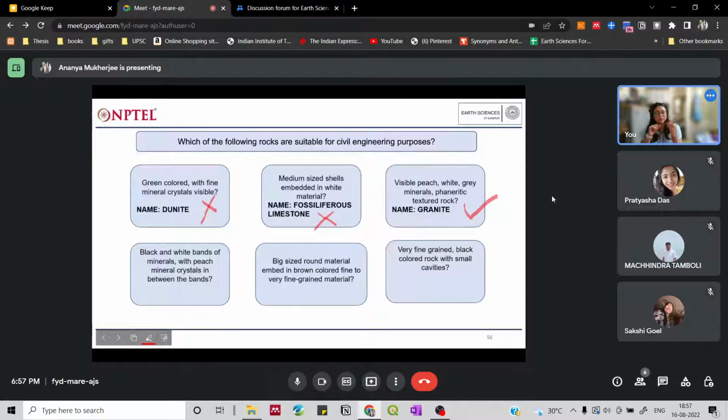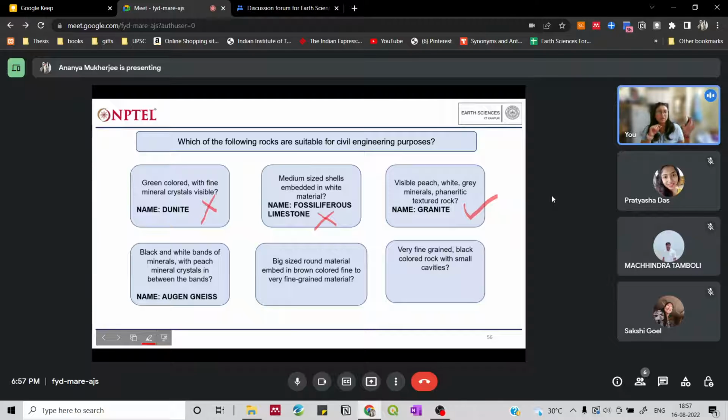You can also see the black and white crystals very easily, okay. When you can see mineral crystals, it is most probably a metamorphic rock, because metamorphic rock is formed due to recrystallization. So the name of this rock is augen gneiss. Since it's a metamorphic rock, and we know gneiss is a very high grade metamorphic rock, and it is also